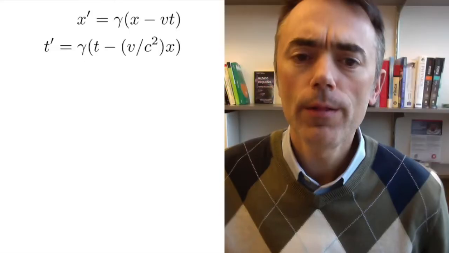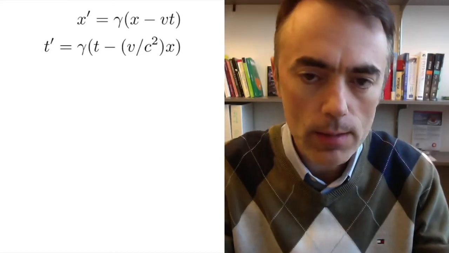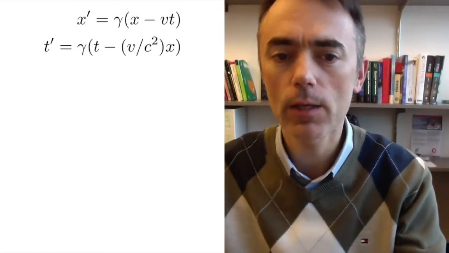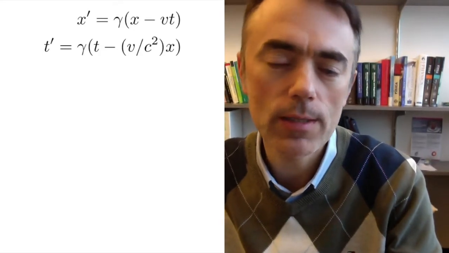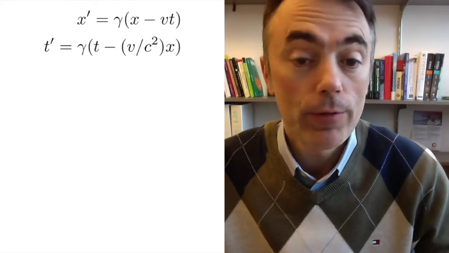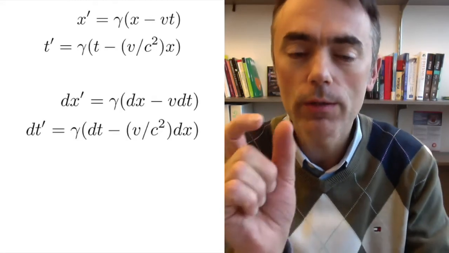So these are the Lorentz transformation equations. x and t are the position and time from the station, and x prime and t prime are the position and time from the train. In order to find dx prime over dt prime, what we do is take a differential of